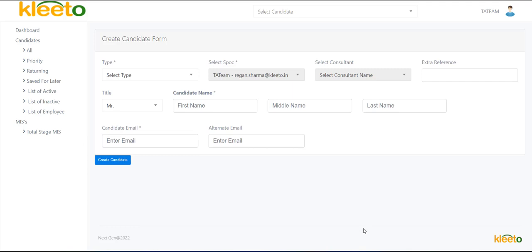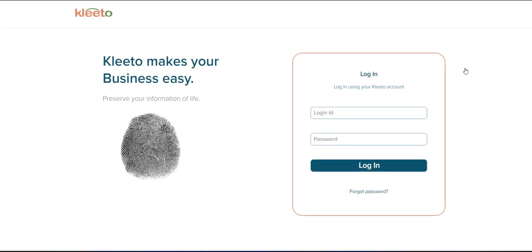So once the profile is created, a mail is generated to the candidate saying that we have created your profile, and there will be a link and a password in the mail. When the candidate clicks on that link, he will be directed to a list of documents and a place to upload those documents, wherein he can keep clicking on those documents one by one and upload them to create his digital profile in the system.